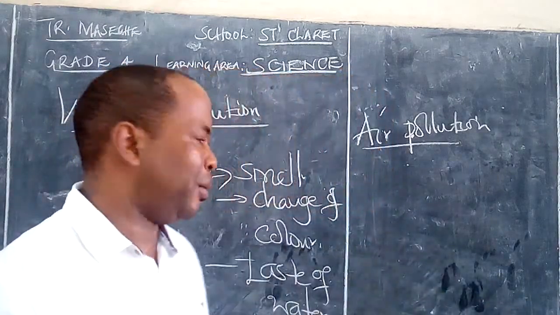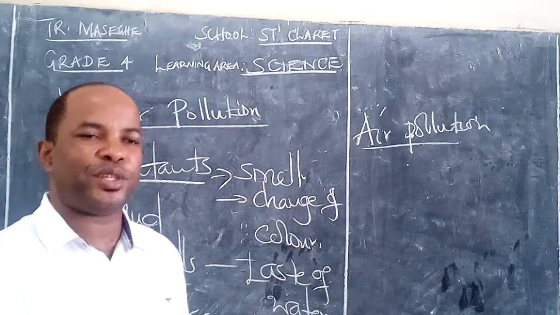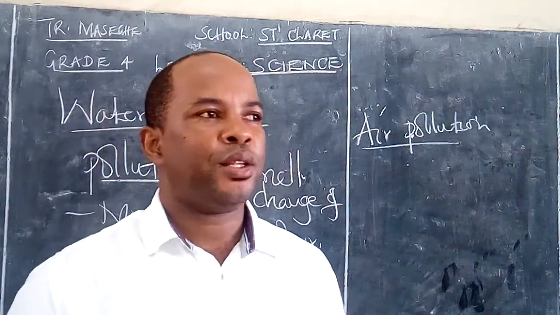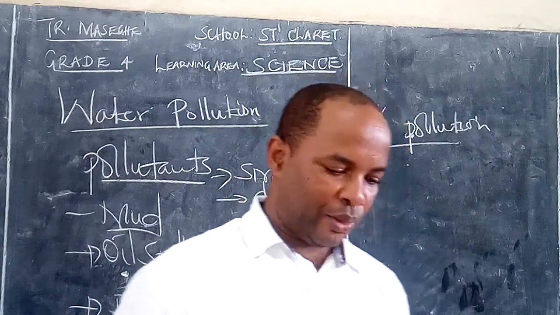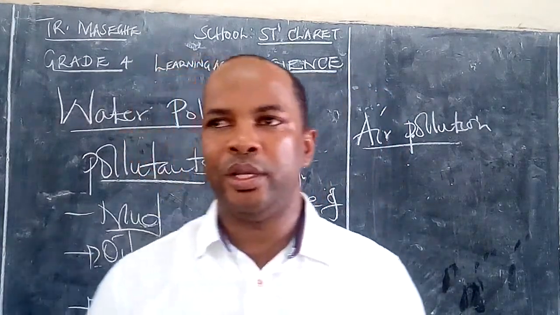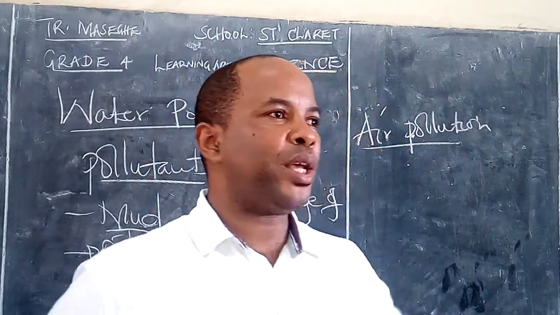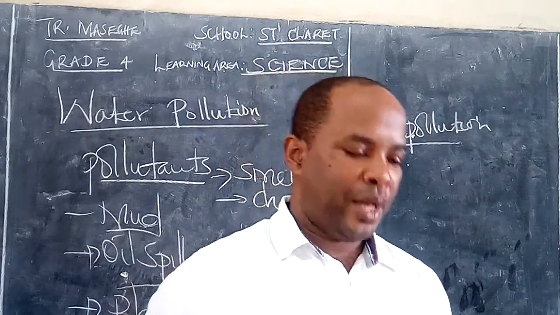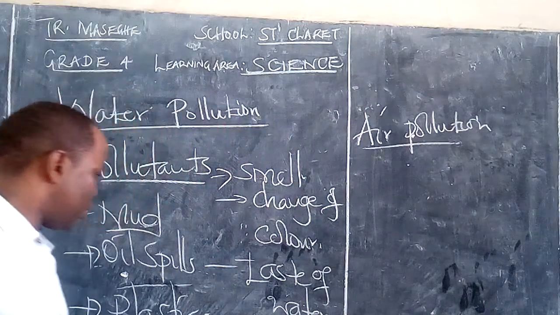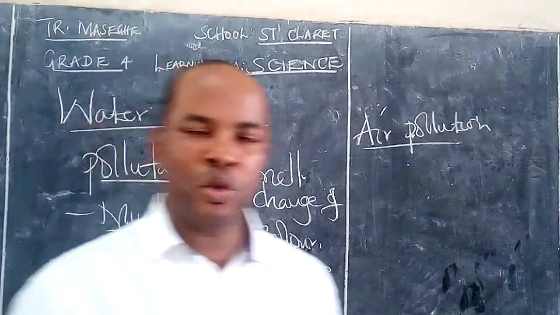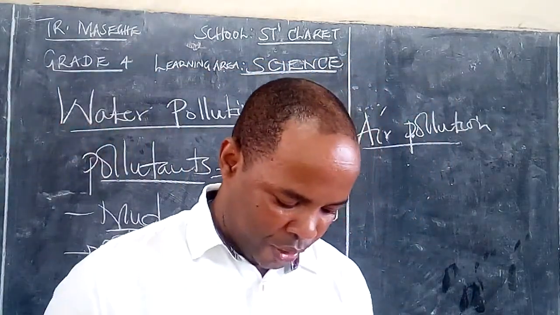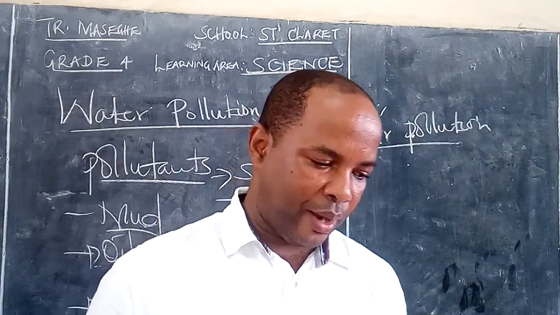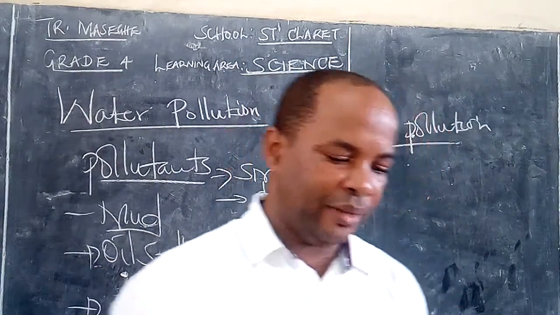If it's a big industry where a lot of acid is left, it is carried and deposited into the river. You find that those creatures that are in that particular water body, one, they will die, and also the environment itself won't be good. The environment won't be good for normal life. So it's upon us to take care of the environment that God has given us.